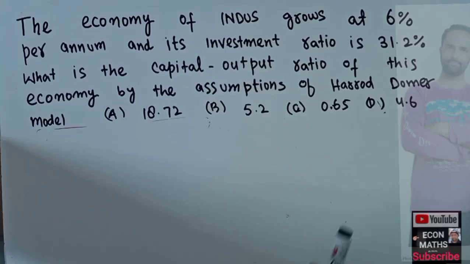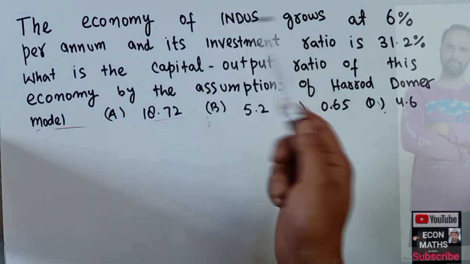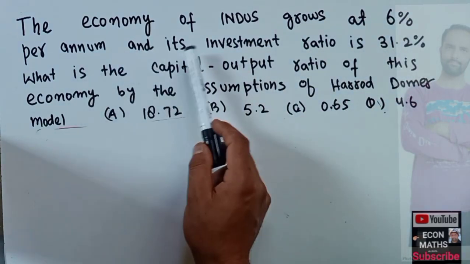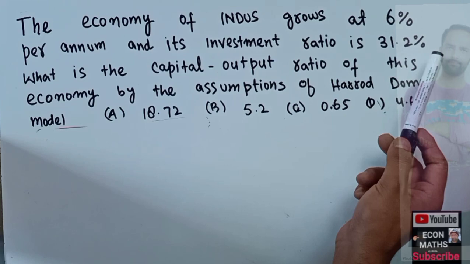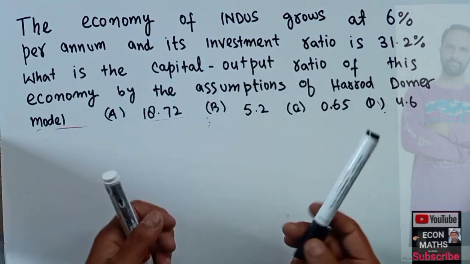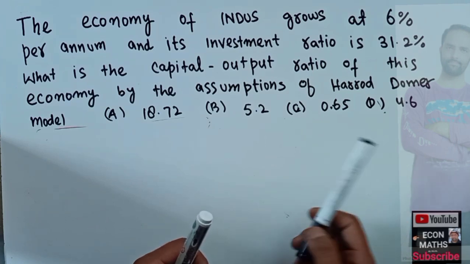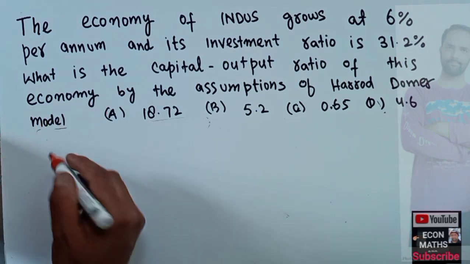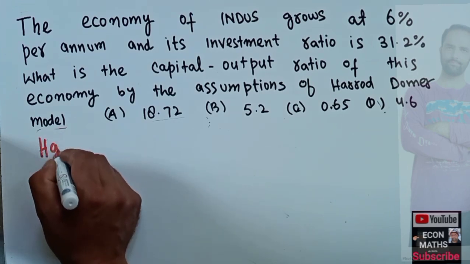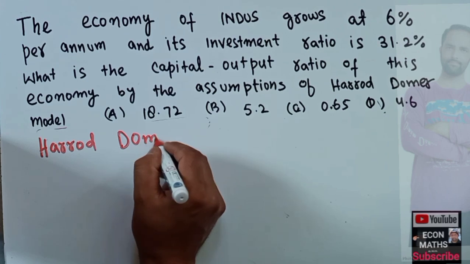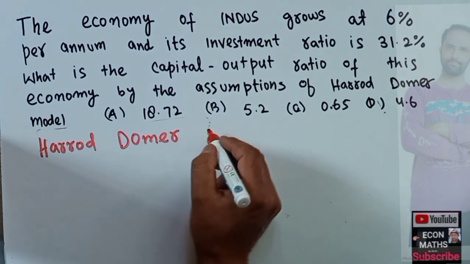The question is: the economy of Indus, which is a hypothetical economy, grows at 6% per annum and its investment ratio is 31.2%. What is the capital output ratio for this economy by the assumption of the Harrod-Domar model? Options are being given. We need to find out the correct option. So in case of the Harrod-Domar model, we know that